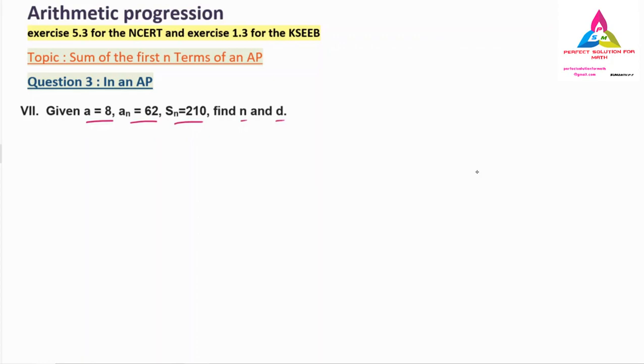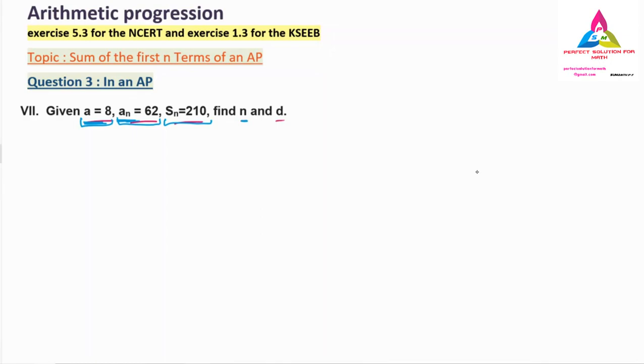Why is it easy? Because the good news is they have mentioned for you the last term and the first term. In the question, if you glance at it correctly, you can understand the concept I have already told. What they have given is the first term, that is the a value, and the last term, the an value. So Sn is also already given. So it is not so difficult to find the n value now, because we have one formula. That formula is easy and we can solve it if we know the first term and the last term.